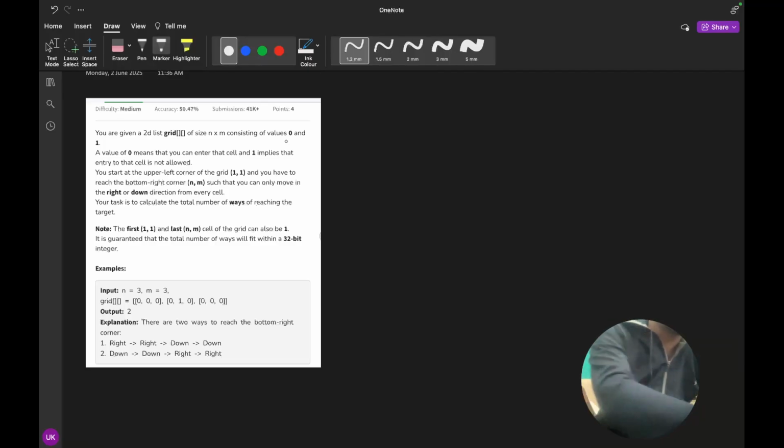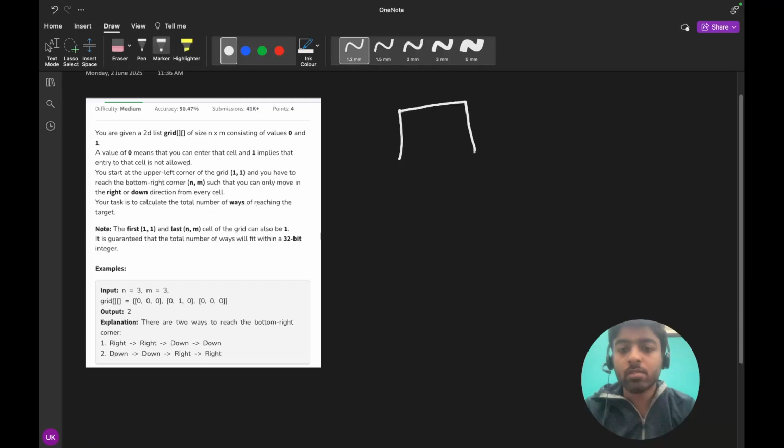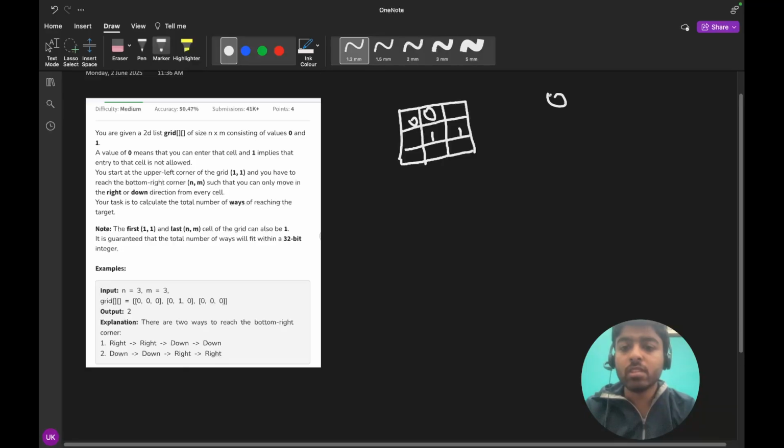So it means that there is an n cross m grid in which the values are zeros and 1. So the grid can be like this, n cross m, and in the cells the values can be 0 or it can be 1 like this. A value 0 means that you can enter that cell, and 1 implies that entry to that cell is not allowed. It means 1 means not allowed, we cannot go to that cell,